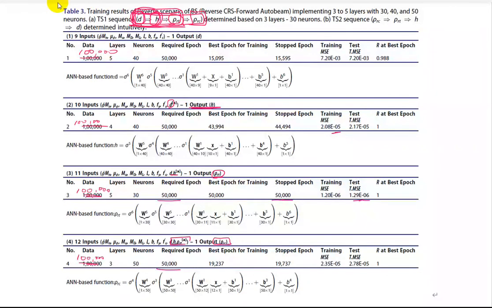But after you train D, it is released from the output parameters. So D can be placed on the input side to train H. And after you train H, D and H can be placed on the input side for training ROLT